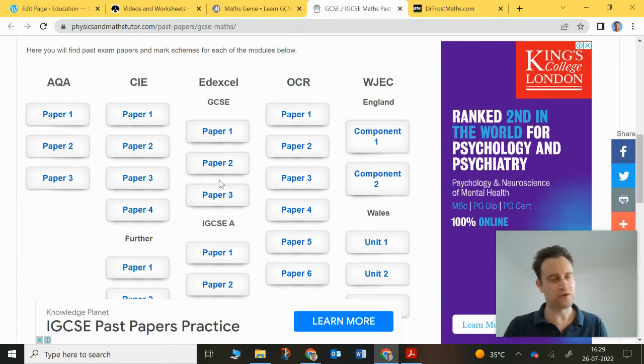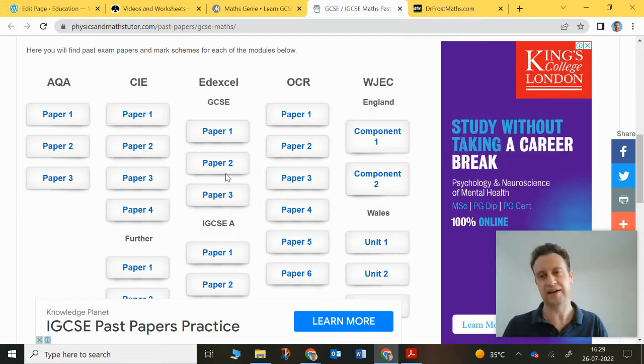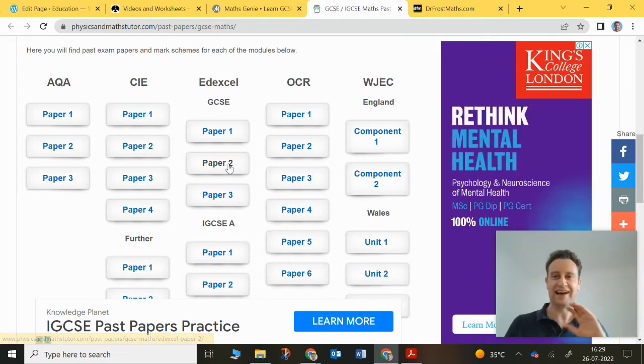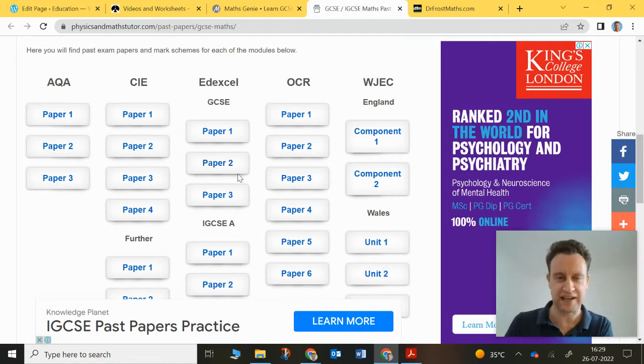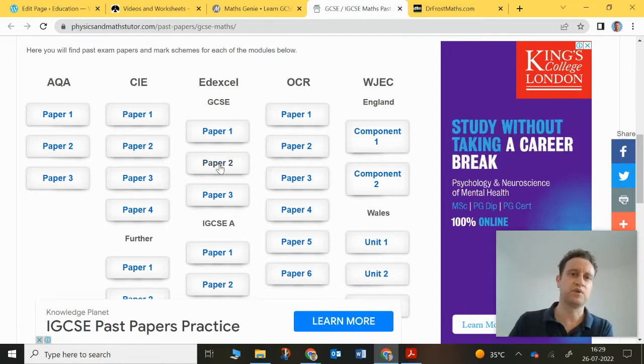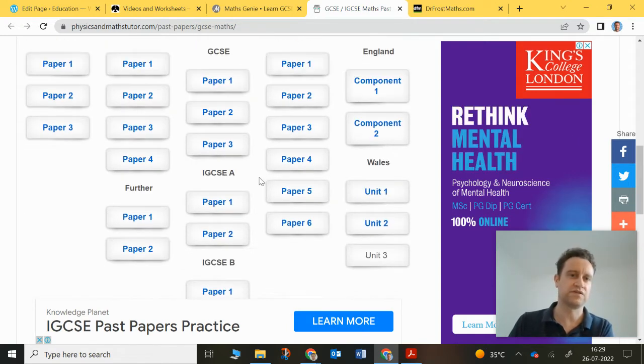I've known students before who try and do one past paper a night and then mark it through the same night and then do another one the next night. And they get really good at exam technique in a fairly short period of time. So these are fantastic to work through. You obviously need to know your curriculum. So, for example,